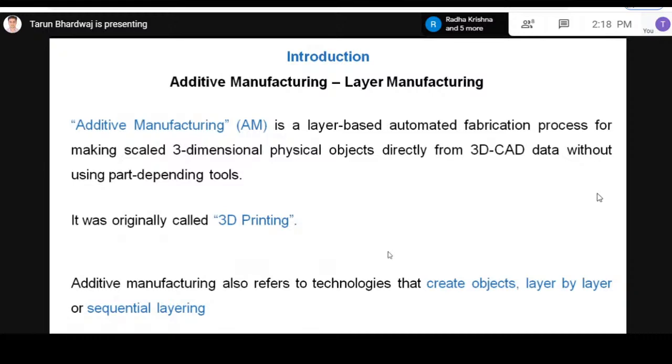As I already told you, it is a layer-based automated fabrication process. And this is automated, why? Because it uses the NC tools for the fabrication process. So we have to